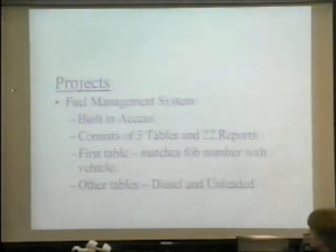Projects I worked on: fuel management system. I built it in Access because Access is compatible with Excel, and the information was imported from Excel. It consists of 3 tables and 22 reports. Every time someone comes to get fuel, they have to have a fob key, and they fob in. The first table matches the fob key with which department and vehicle it is. The other tables list the